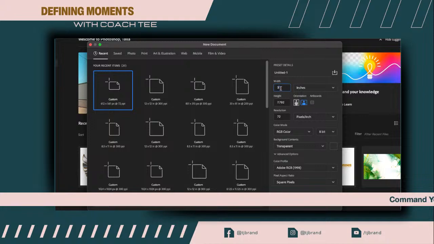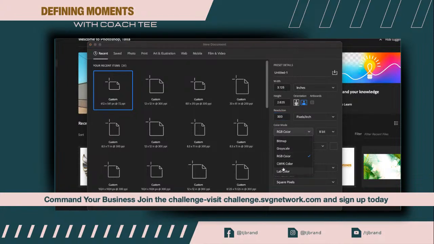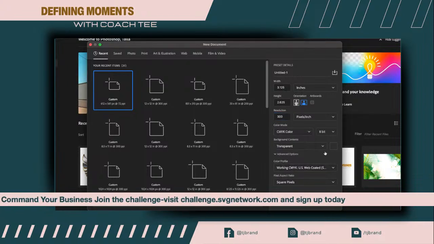So we're gonna go 3.125 and 2.625. Okay. Resolution needs to be 300. Color mode needs to be CMYK. Hey, John, thanks for joining in. All right, and so now we're going to do create.